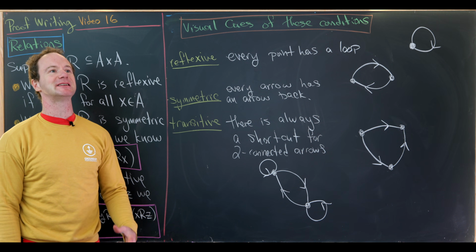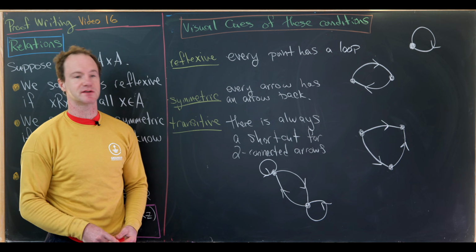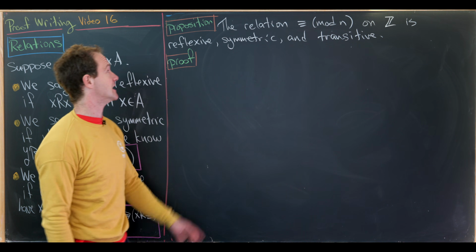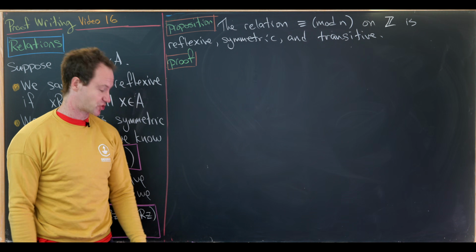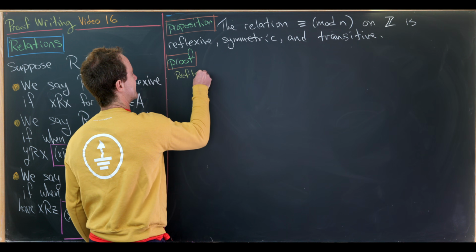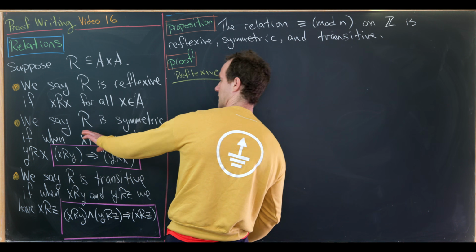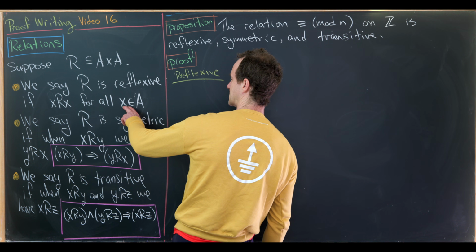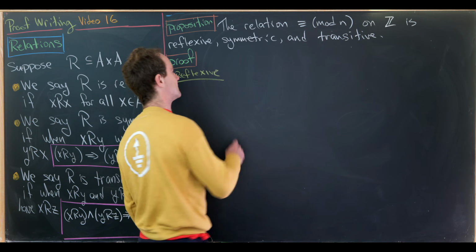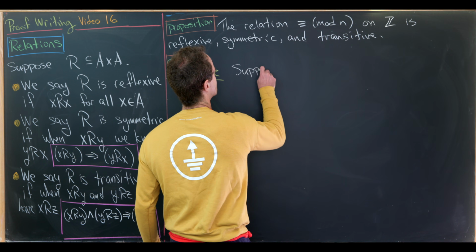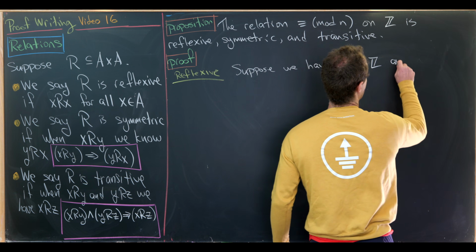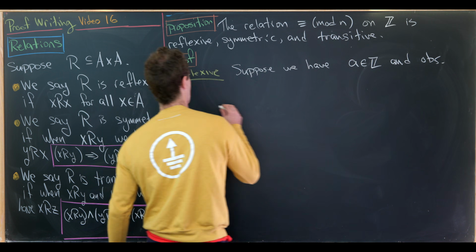Okay, so now let's do some examples of checking these conditions. Now we're going to show that the relation on the integers given by congruence mod n is reflexive, symmetric, and transitive. Let's do these one at a time. We'll start with reflexive. In order to show it's reflexive, we need to take an arbitrary integer and show that it's related to itself. So let's suppose we have an arbitrary integer, which I'll call a, and observe that